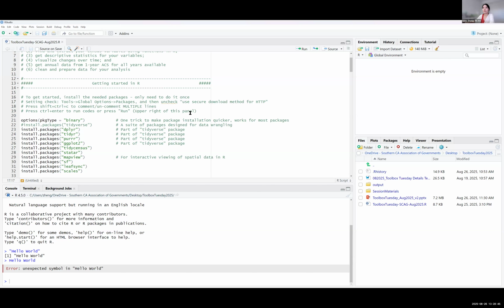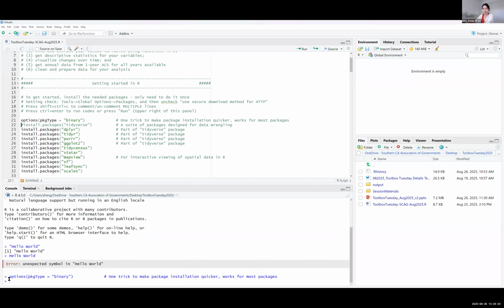And then there are some other basics in running your command in R. You can either put your cursor here and hit run, or you can highlight a group of code and hit run. There's also a keyboard shortcut. You put your cursor here and you can use the keyboard shortcut, Control and Enter. So let's try these. We'll begin with this options line 21, and just put our cursor here and hit run.